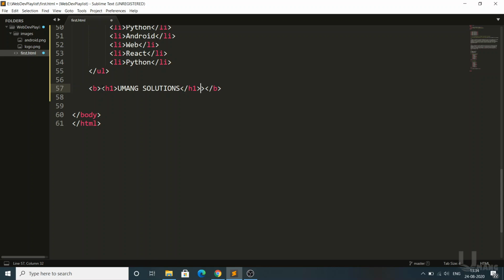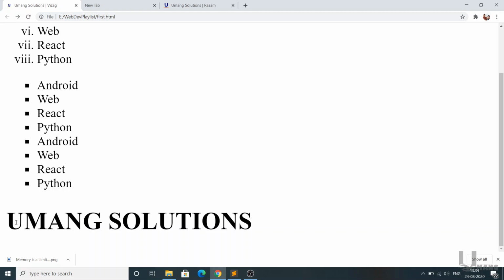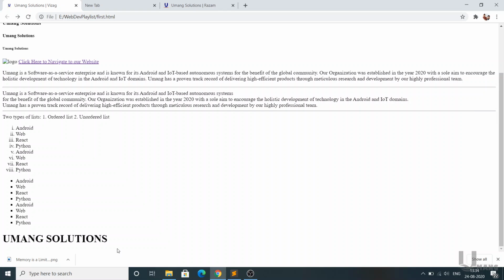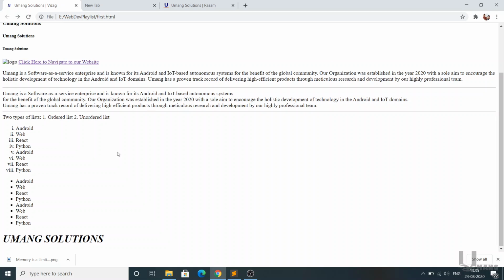I am typing the h1 tag. You can see here the size got increased to h1 and bold is also implemented, but I want to keep it in italic. The italic tag is I. But remember one thing. The bold tag starts first, so I end it last, and the I tag is in the second position, so I end it second from last. H1 is the third. So please remember, the ending tags need to follow the same order as the starting tags.